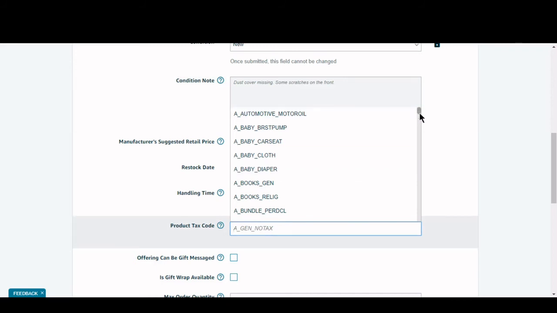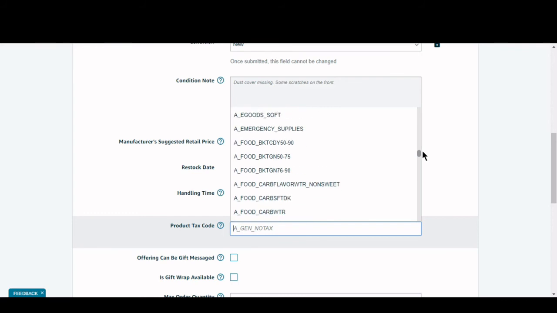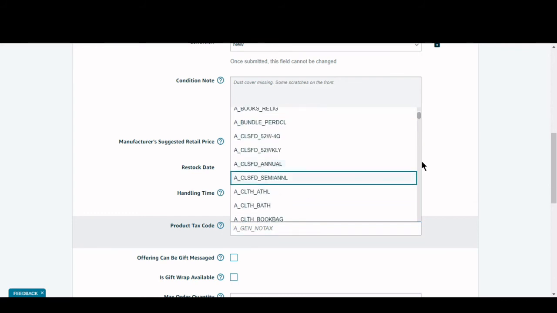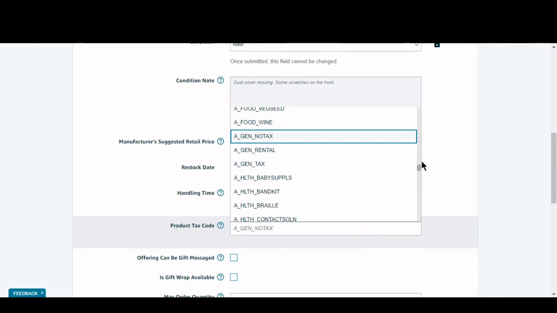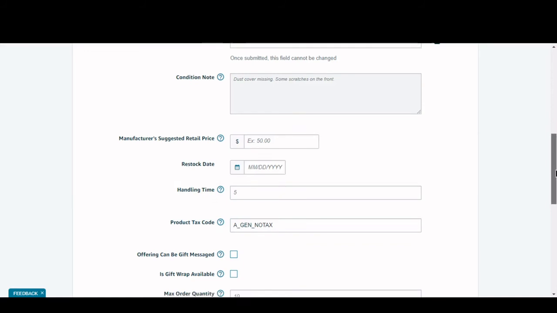You can find it here in the dropdown button, A B C D E F. You can see here, guys, as we come down, it's A_GEN_NOTAX. That means this product won't require any tax. And as we come down below, guys,